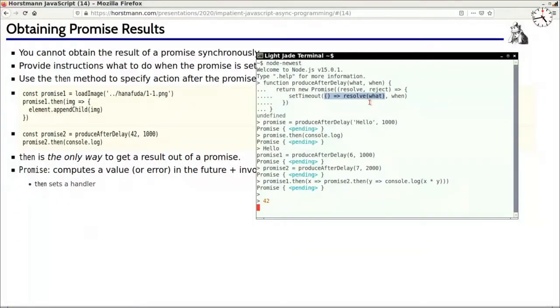And so what happens now? Nothing happens, right? We come back to where Node is willing to read the next thing. If we type fast enough, then something happens before the setTimeout triggers. But maybe it doesn't. Maybe the timer triggers before I manage to type anything else in here. Then at that point, this resolve will get called. And that means that the promise